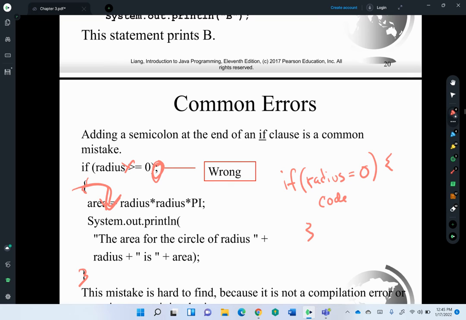You're going to get an error here because the compiler is smart enough to know that you're not really trying to take 0 and assign it to radius. But in some cases, it may not give you an error, and what would happen is you would actually assign 0 to radius. You wouldn't be comparing 0 to the radius. Remember, if we want to compare, we have to use